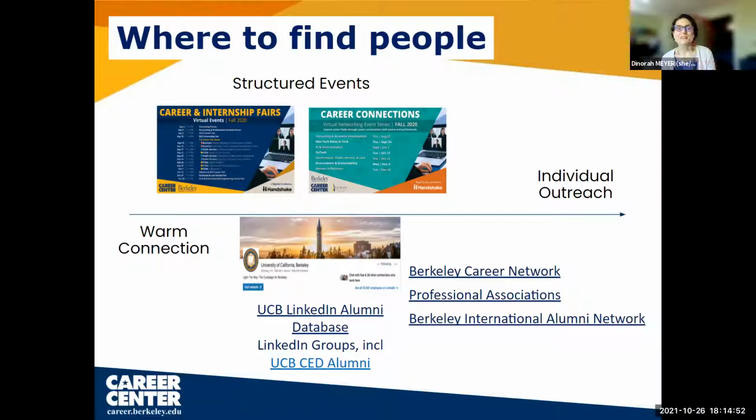Career Connections is also a series of events we have where 15 to 20 alumni come and talk about what they do. And then you move into breakout rooms and you have conversations, and you learn about them, and they learn about you. It's a good networking context. In addition, on the individual basis, we have